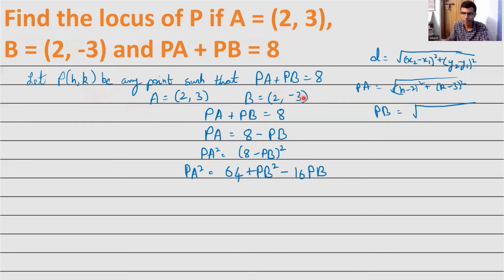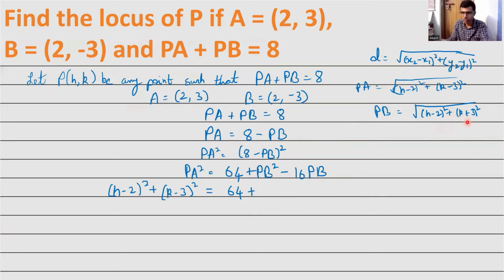So I'd write k plus 3 whole square. This would be nothing but h minus 2 whole square plus k plus 3 whole square. Fine. So in for PA square, I'd get this term without square root. Okay. So I have h minus 2 whole square plus k minus 3 whole square is equal to 64 plus